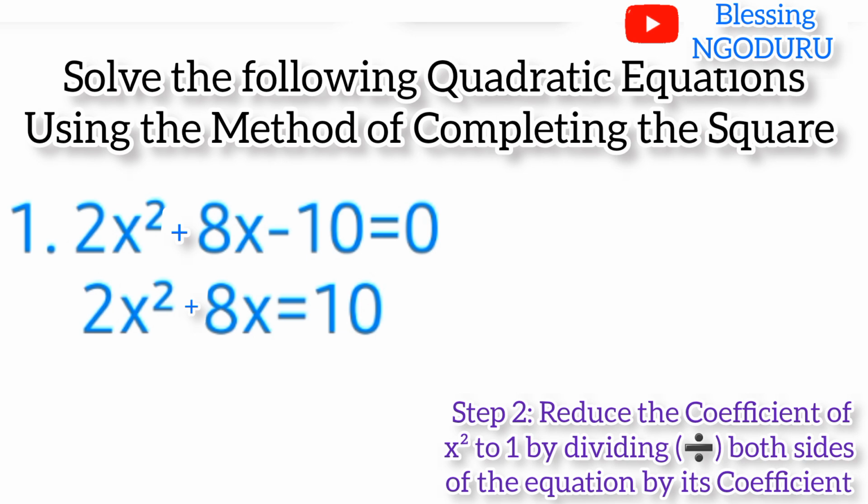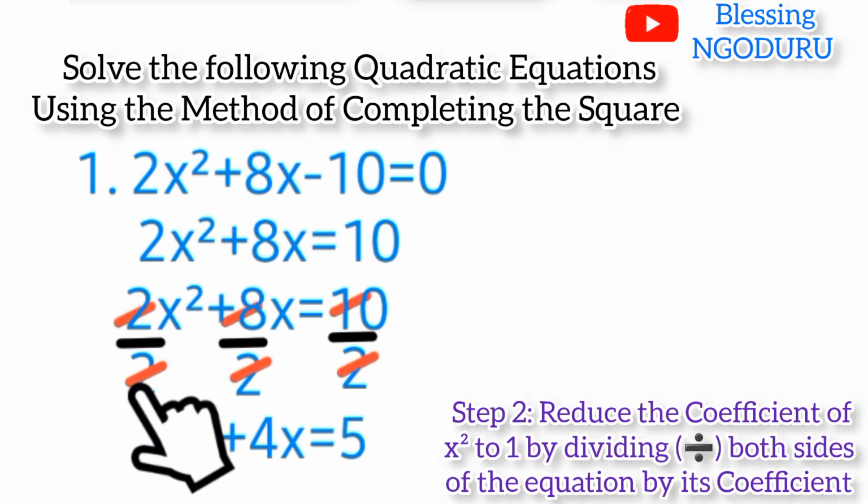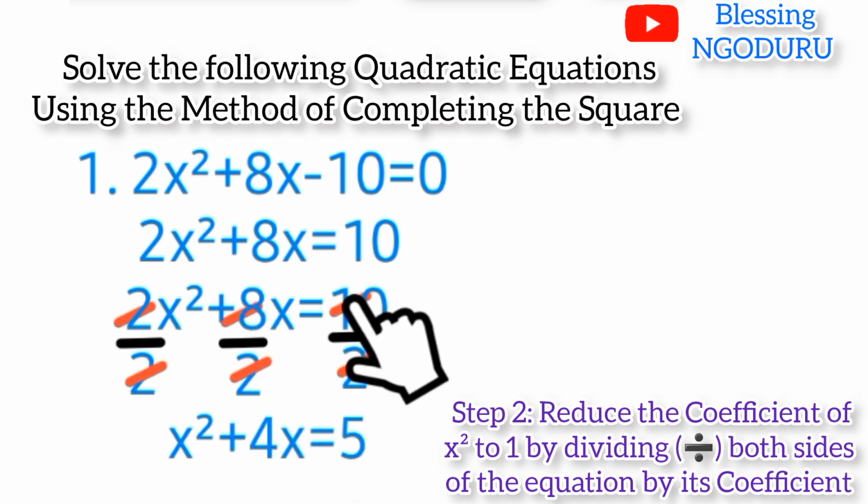Reduce the coefficient of x squared to 1 by dividing both sides of the equation by its coefficient. The coefficient of x squared here is 2, so we are expected to divide all through by 2. So we divide through by 2, because 2 divided by 2 gives 1, so the coefficient of x squared is 1. 8 divided by 2 we have 4, so here we have 4x equal to 10 divided by 2